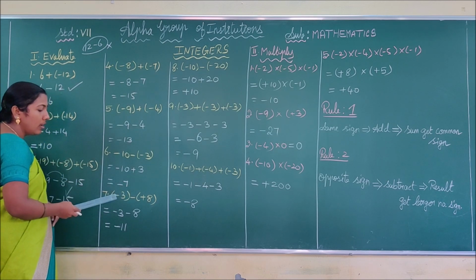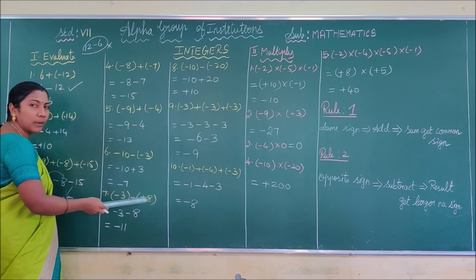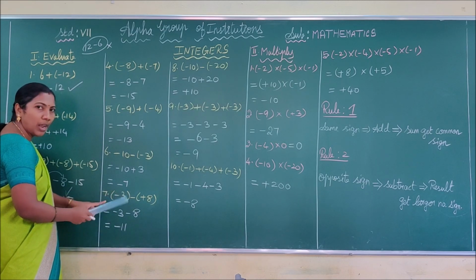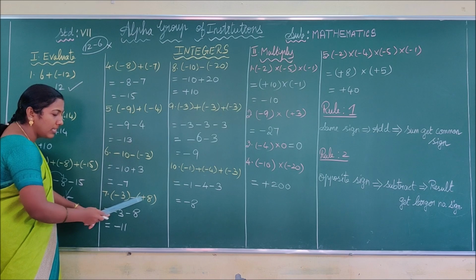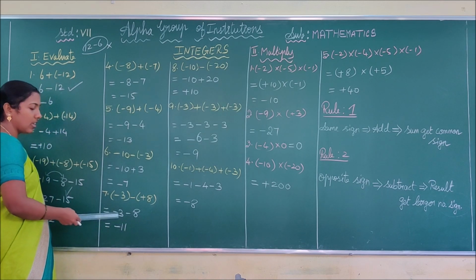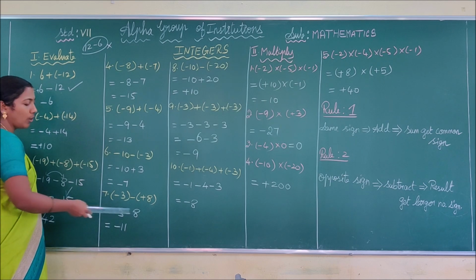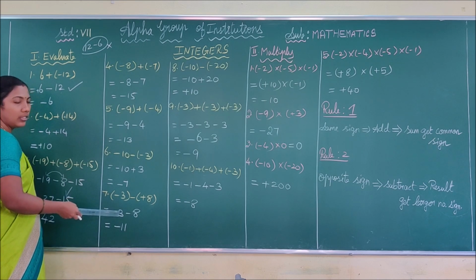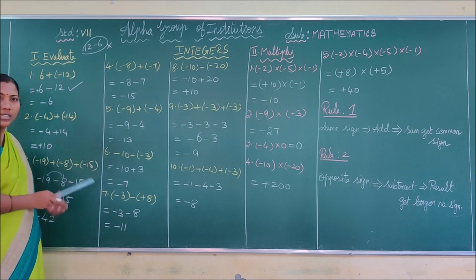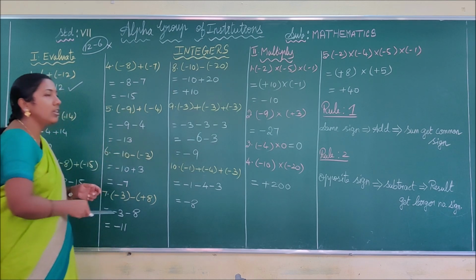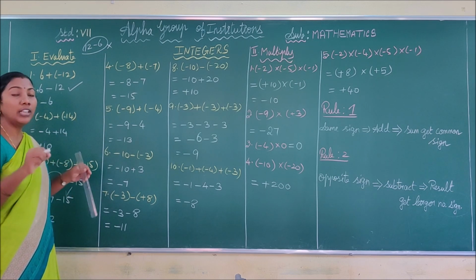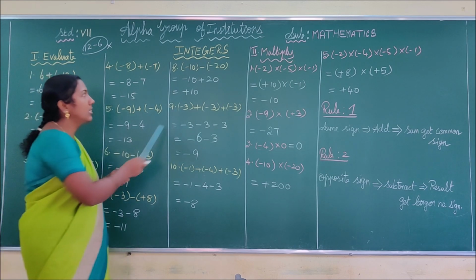See the next one. Minus 3 minus plus 8. So write the minus 3 as it is. Thus we are removing the bracket. Minus 3 minus into plus, minus 8. As per the rule 1, given integers are in same sign. So you have to add 8 with 3. 3 plus 8 you get 11 and the sum takes the common sign minus. It's clear, children? While I am teaching, you just pause the video and correct your homework, whether you did it right or wrong. Okay? See the next one.